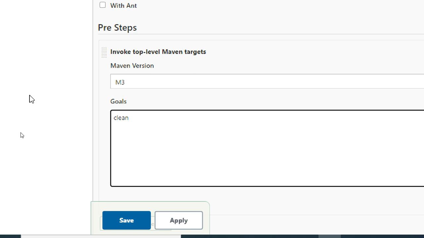So here we can give clean, clean compile, and then I did clean test, clean install, or clean package. Like that.